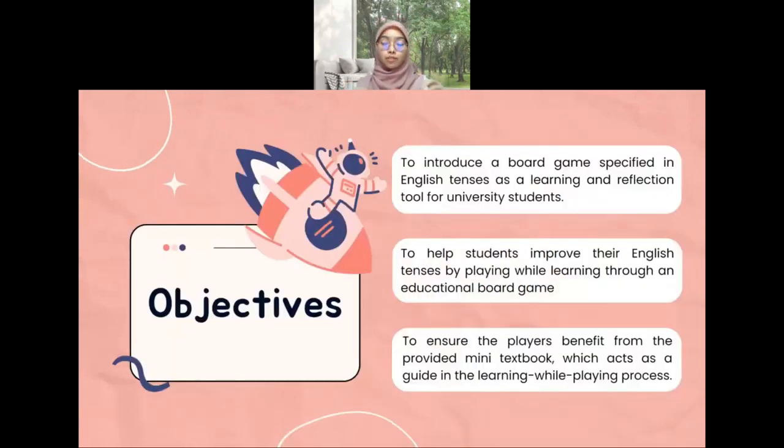The objectives of this project are, firstly, to introduce a board game specified in English tenses as a learning and reflection tool for university students. Second, it is to help students improve their English tenses by playing while learning through an educational board game. Lastly, it is to ensure the players benefit from the provided mini textbook, which acts as a guide in the